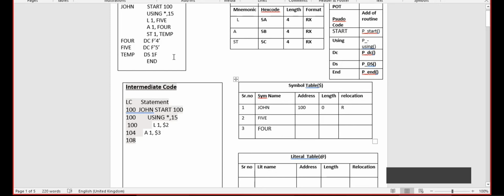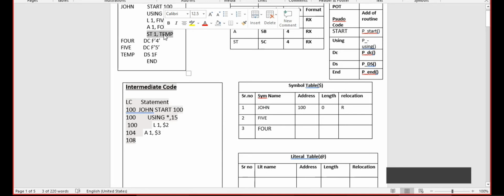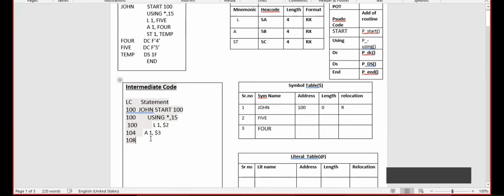So after A, the next statement is ST 1, 10. I am copying this line and writing it as it is into the statement of the intermediate code. ST is what? ST is a mnemonic which is present in the MOT table.